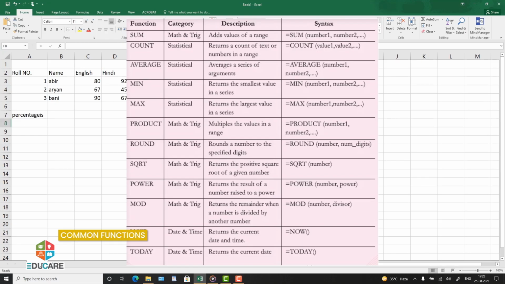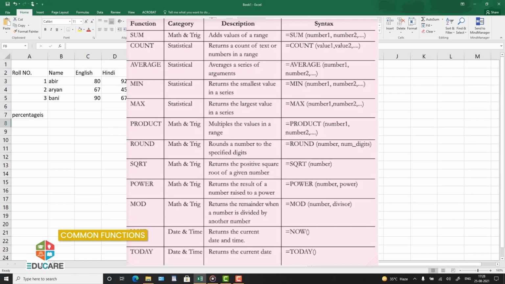Returns the smallest value in a series. =MIN(number1, number2, and so on). MAX, statistical. Returns the largest value in a series. =MAX(number1, number2, and so on).